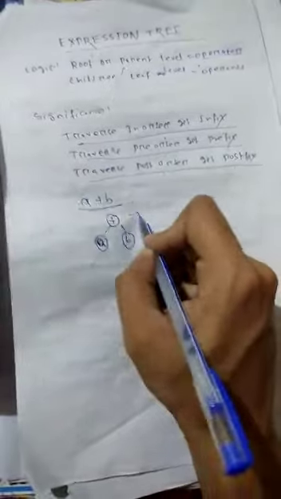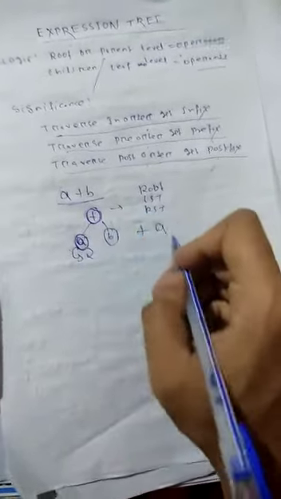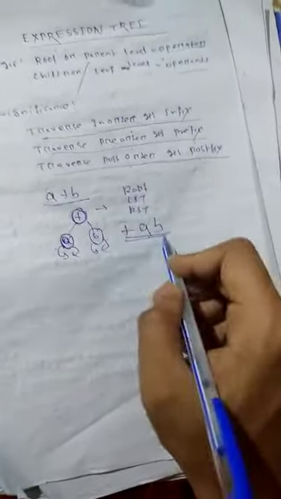So perform the pre-order traversal. In the pre-order traversal, the rule is root, then LST, then RST. Okay, root, LST, RST. So first we have to print it, then we have to perform the left subtree traversal, then print it, then no left subtree, return, right subtree. Similarly here, return, then go to here, first print it, no left subtree, no right subtree. So this gives plus a b. So if you perform a pre-order traversal, it gives the prefix expression. Pre-order traversal gives the prefix expression.